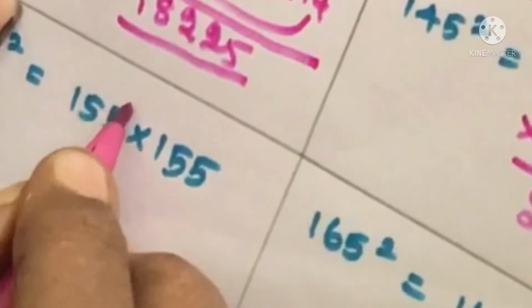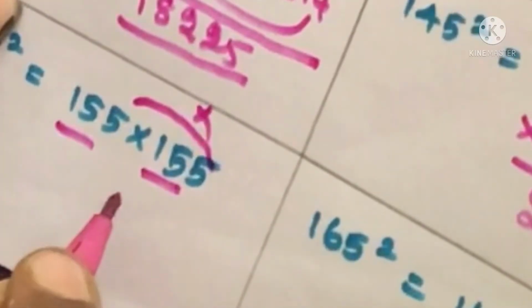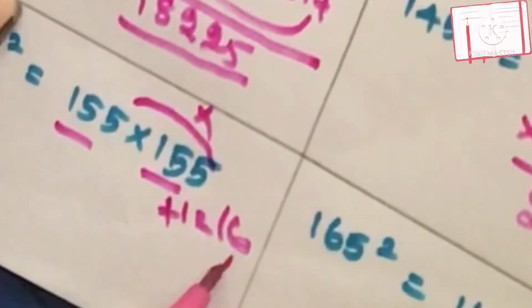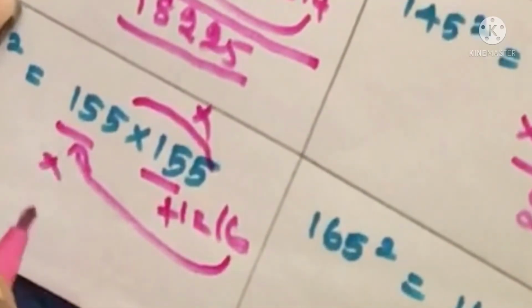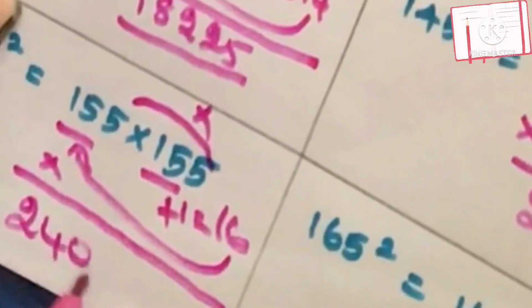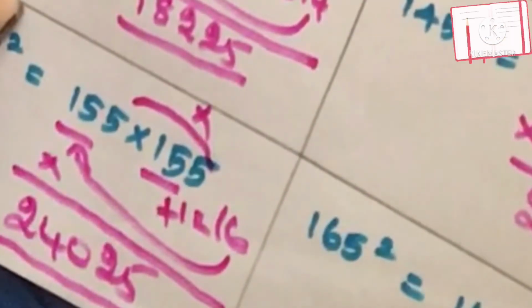Next we are going to see the square of 155. The same procedure is followed here. The ones digits on your right and left are multiplied, which gives you 25. Next, the tens and hundreds digits together are taken as 15 on both your right and left, so the 15 on your right hand side is added with 1, which gives you 16, and that is multiplied with 15 on your left hand side, which gives you 24025, the final answer.